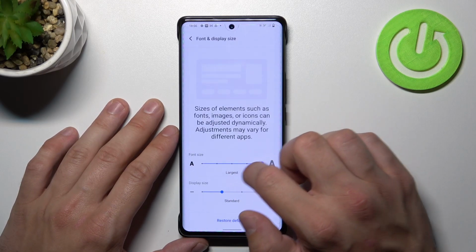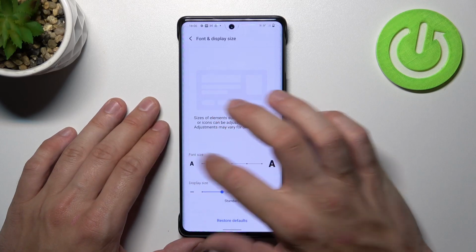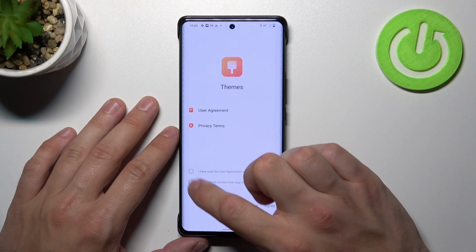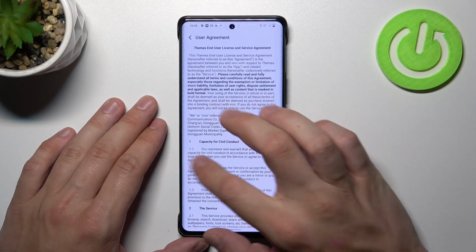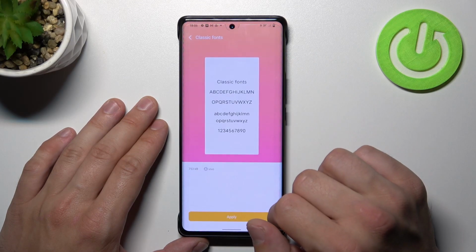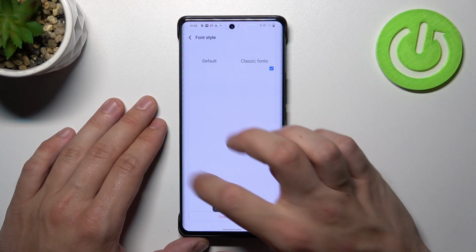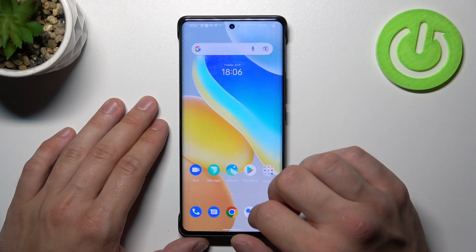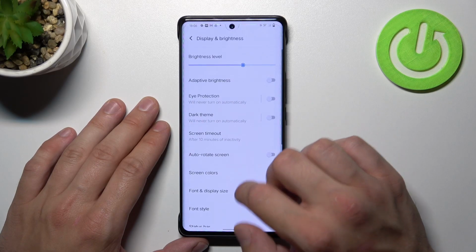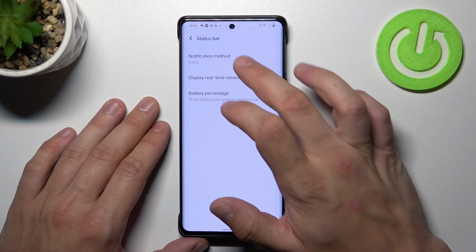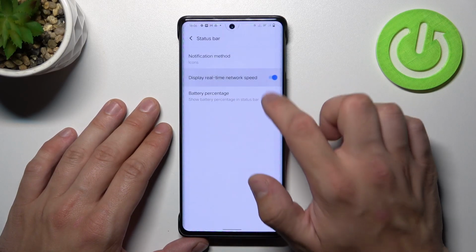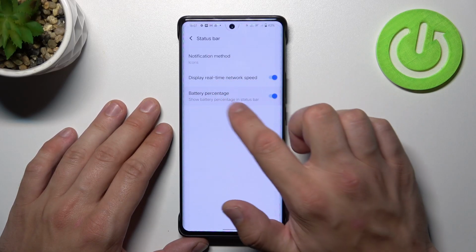Next, we can change font size and display size, font style, adjust status bar. You can change notification method between icons, numbers and none, enable or disable real-time network speed and battery percentage,